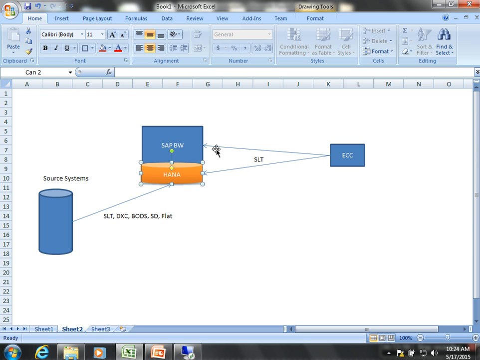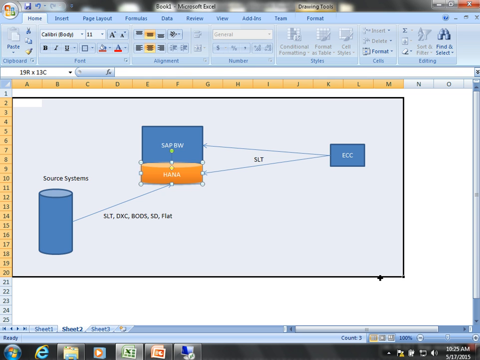But the only thing is SLT can access a table or a view. If you want to consume the data source, you have to use the normal ODP mechanism or normal loading. So that's where I really prefer and suggest BW powered by HANA only. So HANA will not replace BW. Good point, you said new one. Do you think the customer who is able to buy HANA has not yet purchased BW till today?